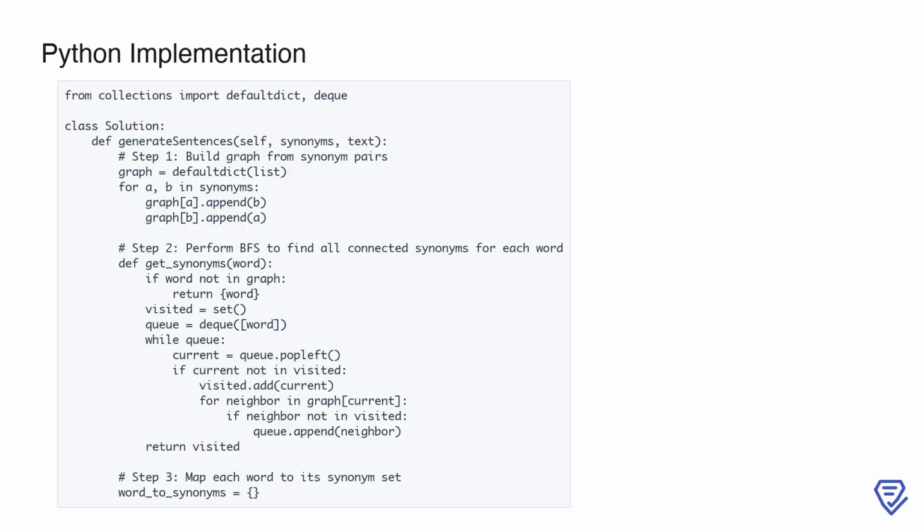Next, we define a get_synonyms function that uses BFS to traverse the graph and find all synonyms connected to a given word. If the word is not in the graph, we simply return the word itself as a set. During the BFS, we maintain a visited set to avoid cycles and a queue to process words level by level. The result of this function is the complete set of synonyms for the input word. Finally, we prepare to map each word to its corresponding synonym set by declaring an empty dictionary,